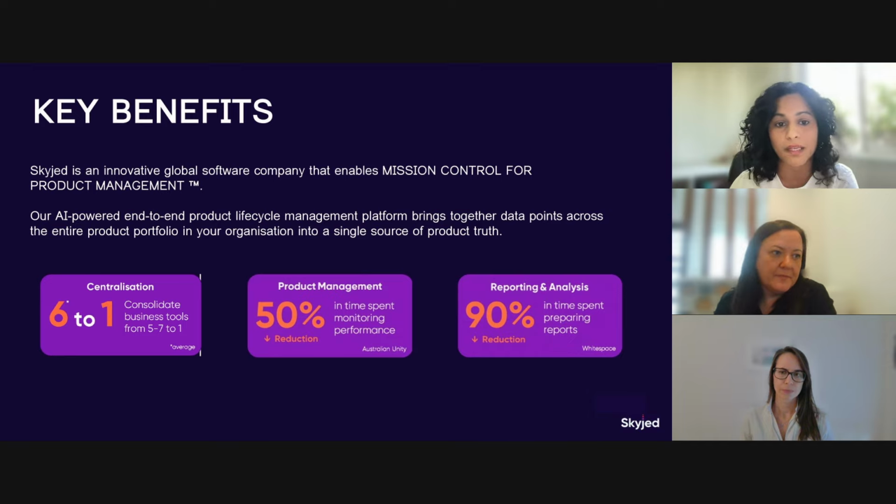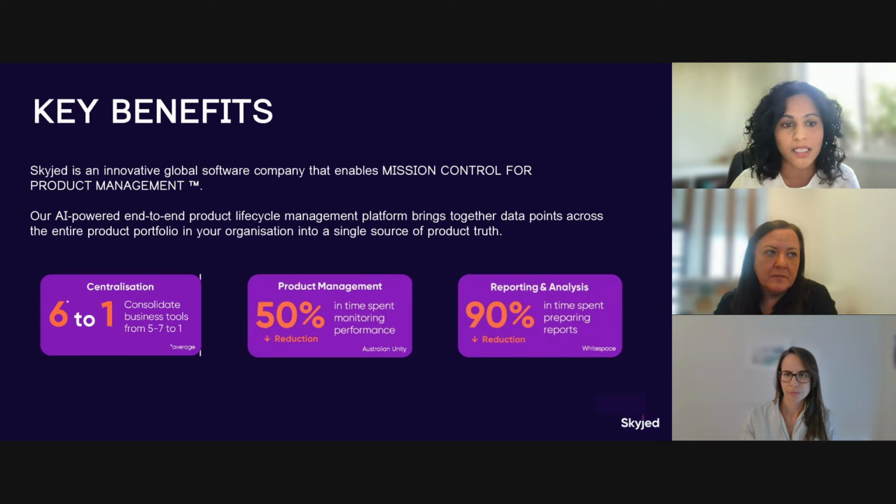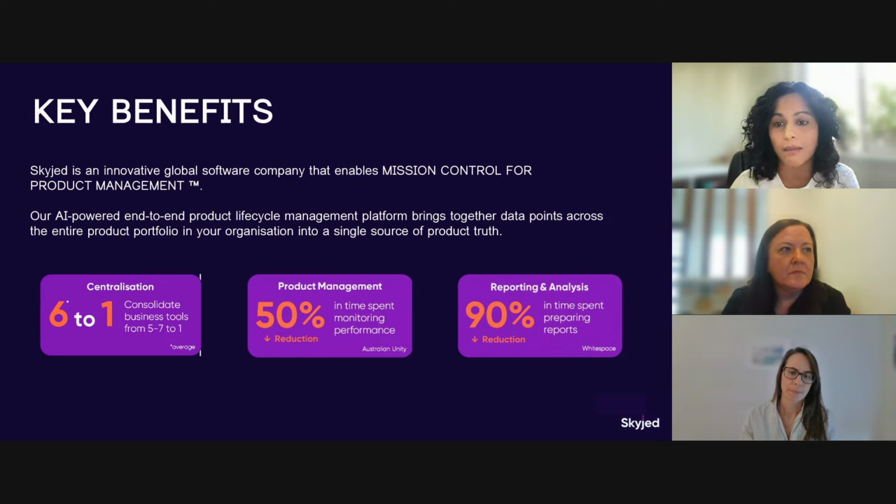Our clients' teams integrating into data silos, we're seeing an average of 6-to-1 consolidation of tools with an ROI of 6 months. And this really stems from accessing reliable data consistently. And streamlining information in this method from your partners using consistent parameters saves time across their product monitoring. And as we've shared today, reporting is so much easier when the data is directly linked to your distribution partners, enabling that huge time saving of 90% of time in preparing those reports.